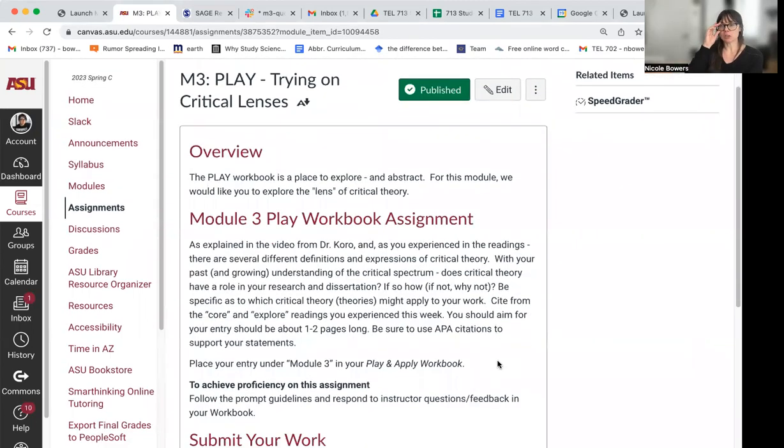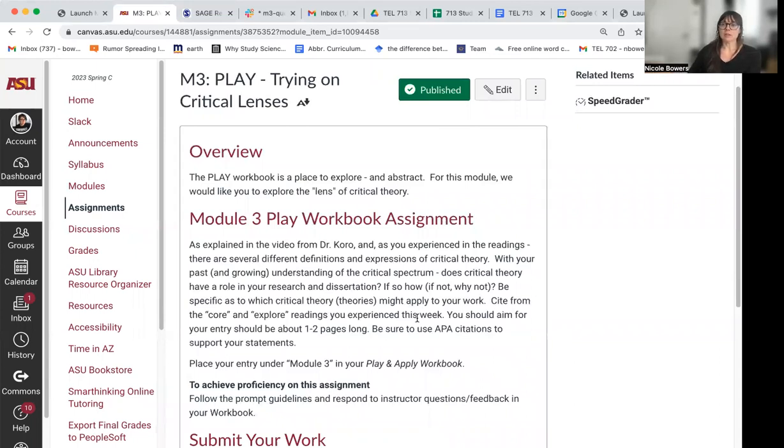Okay, your M3 plate, you're going to be trying on a critical lens, or at least exploring and talking about your context of why you are using a critical lens or why you're not using a critical lens. You want to be very narrative and explanatory about this, and you want to talk about the research questions and problem framing and your context when you're referring to why you are not using a critical lens. If you are using a critical lens, make sure to specify that and cite that also.